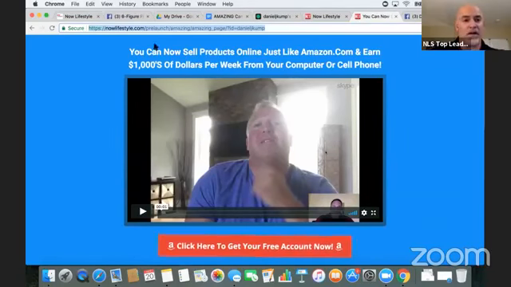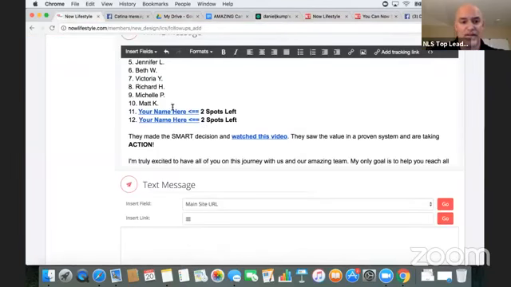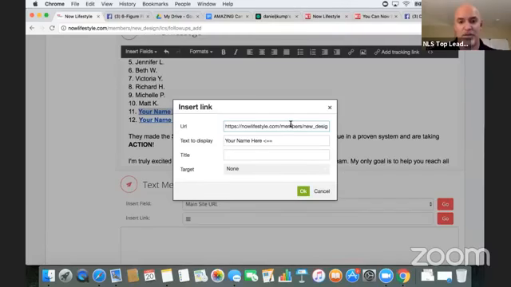Now, what I went ahead and did when I created the swipe copy is I did not have my username in there, but I left it open, so all you have to do is type in your username. It's very, very simple and easy to use. So when you highlight this hyperlink right here, all you have to do is go over here where it says insert link, and you will see,